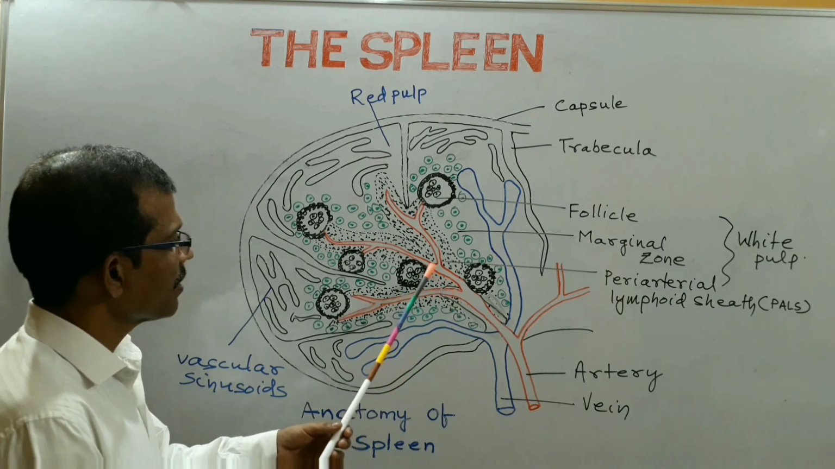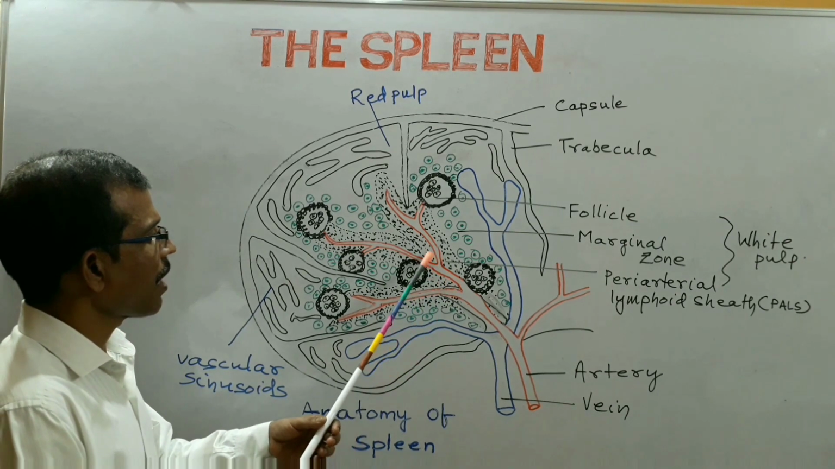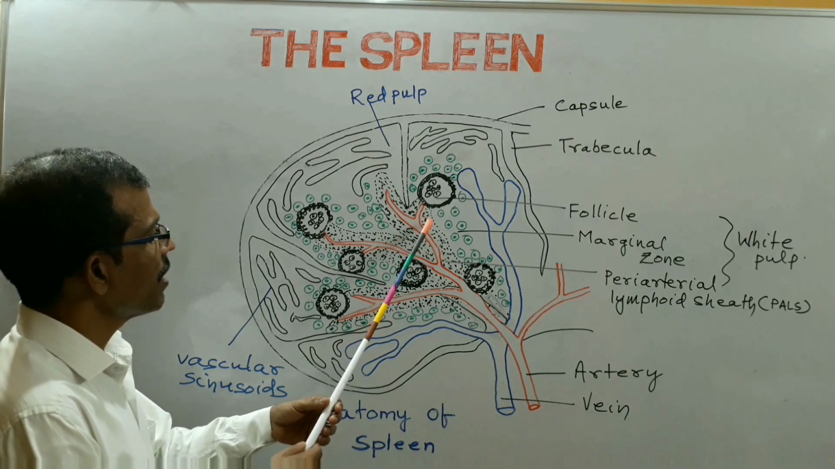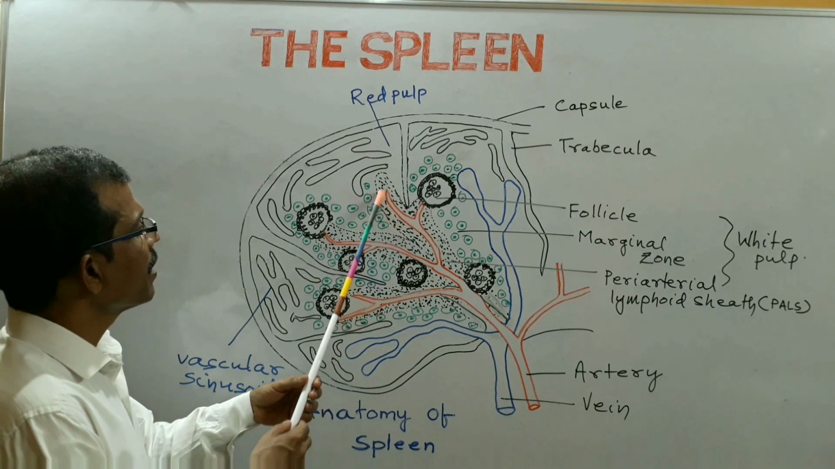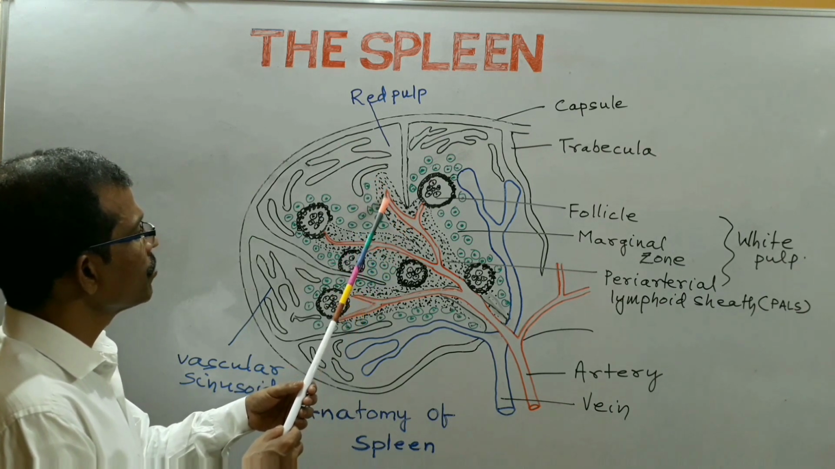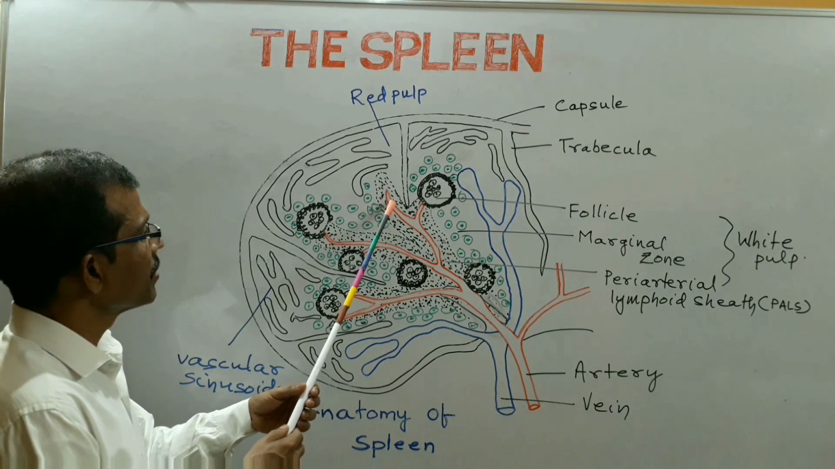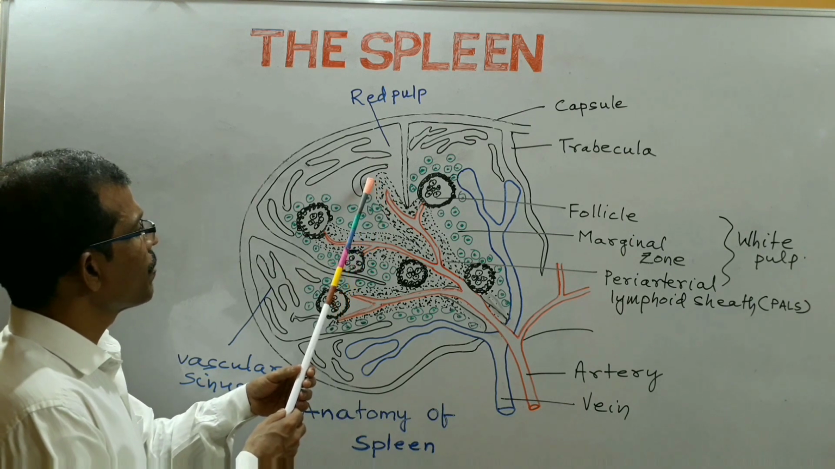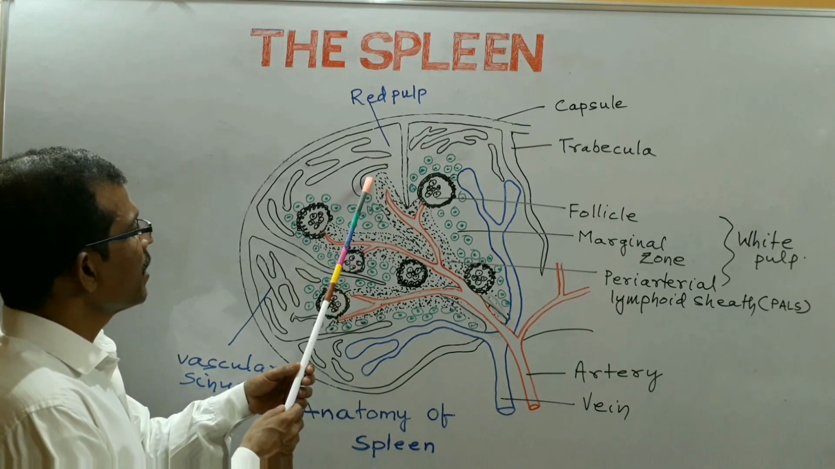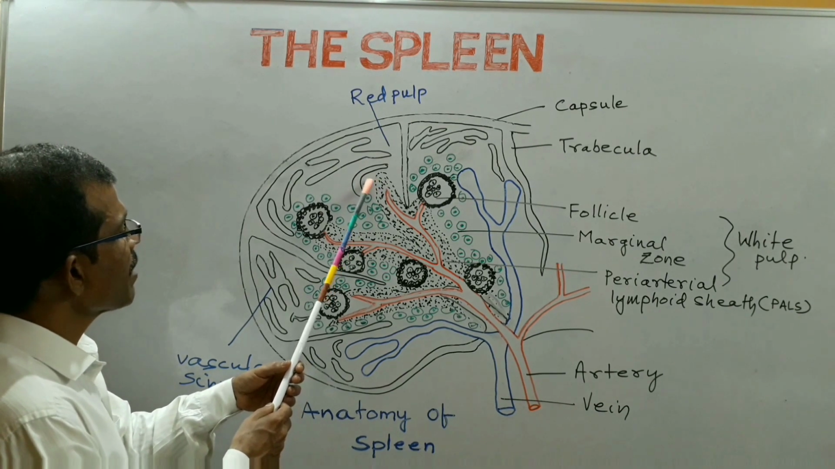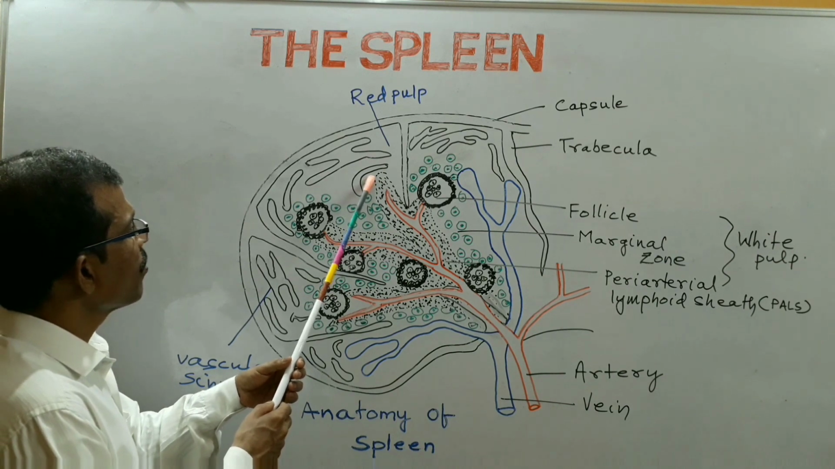The central artery divides and forms many branches which enter into the marginal zone. From there, the arteries further move into the red pulp region where they transform into arterial capillaries. From arterial capillaries, blood flows into the splenic cord. In the splenic cord, old and damaged erythrocytes are destroyed by the macrophages, and from the splenic cord, blood flows into